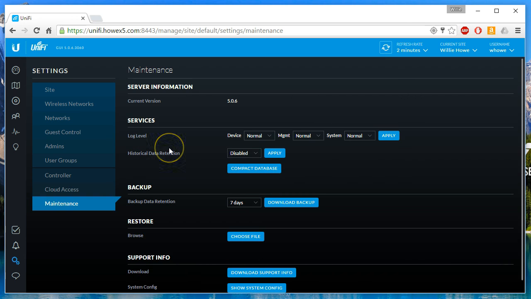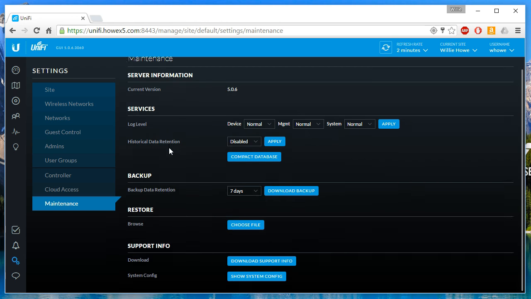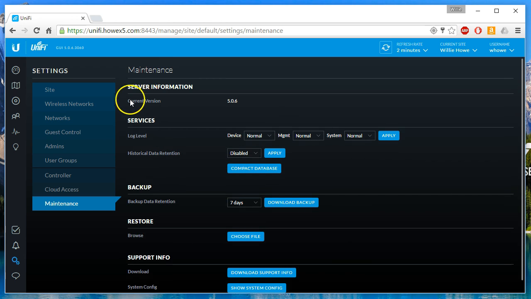The maintenance tab is something you should really get used to. It's got a lot of useful information. It shows us the current version of the controller. Some people don't know what version of the controller they're running. It is in the maintenance tab. We can talk about what kind of logging, what levels of logs we want to retain. Historical data prevention. Now, you used to have to prune the database manually, but it looks like they've added an automatic option. So we can tell it after 7 days to automatically do that,